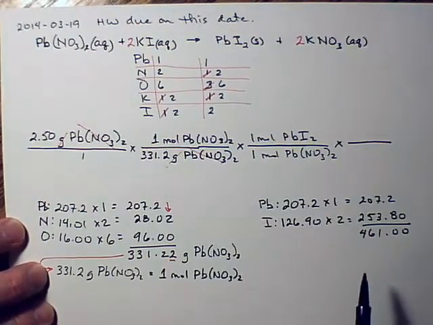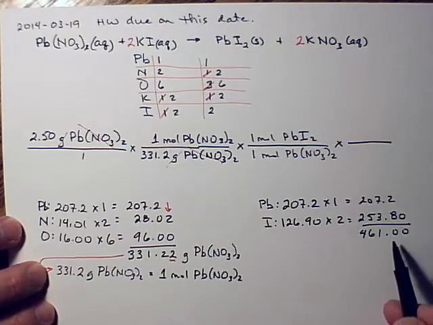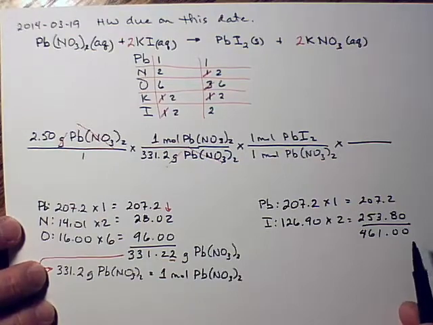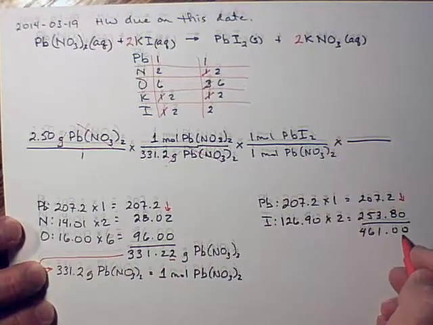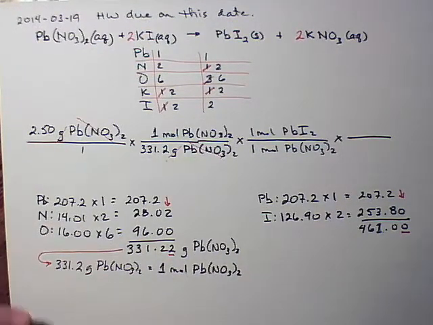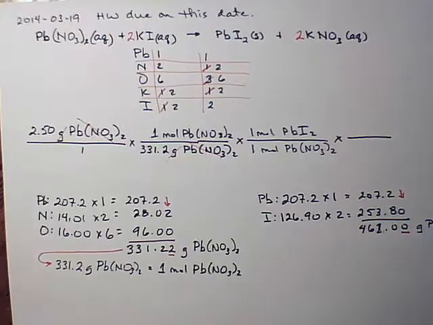461.00. And be careful when you're using a calculator if you're adding these numbers together, because it'll give you 461, and you won't recognize that there's supposed to be 2 zeros there. You've got to know that. But we do have an empty slot here. We still have to round that off. Now that's going to be grams of lead-2 iodide. But since I've got to round that off,